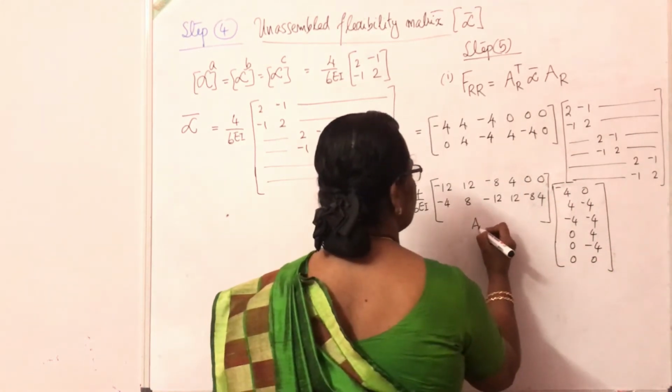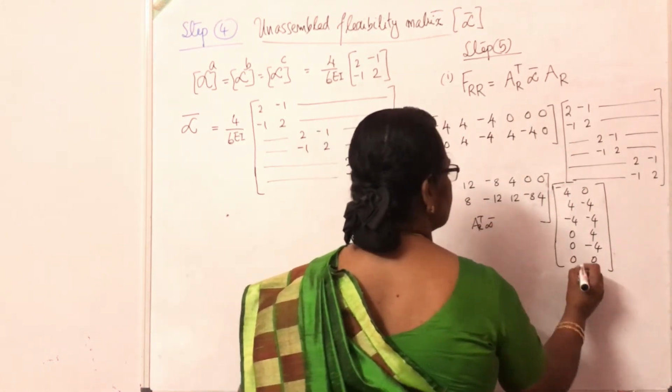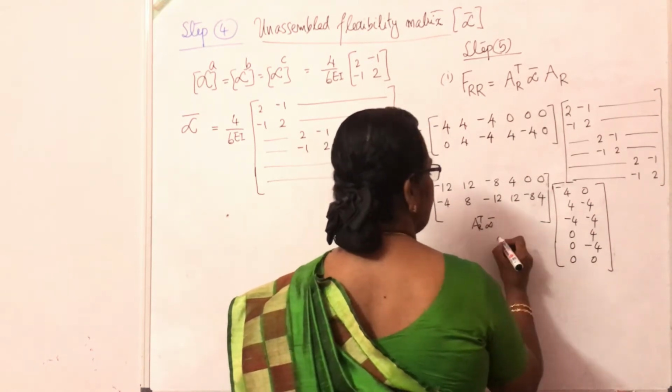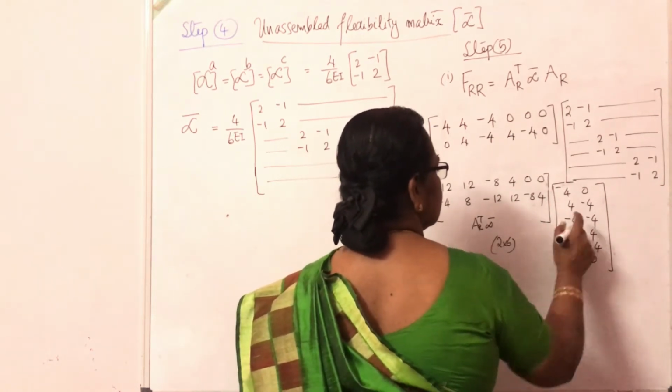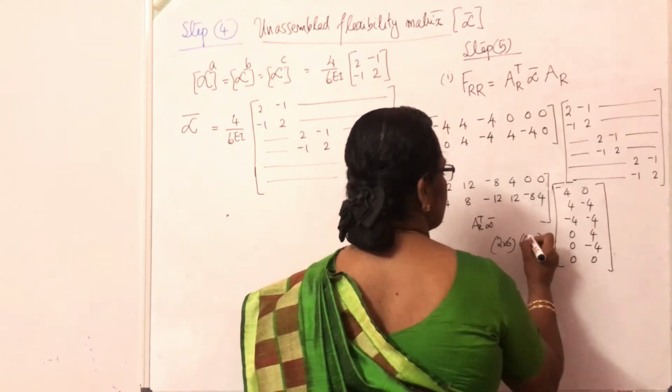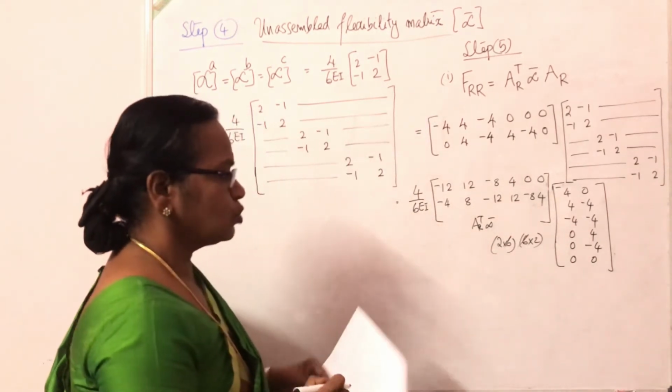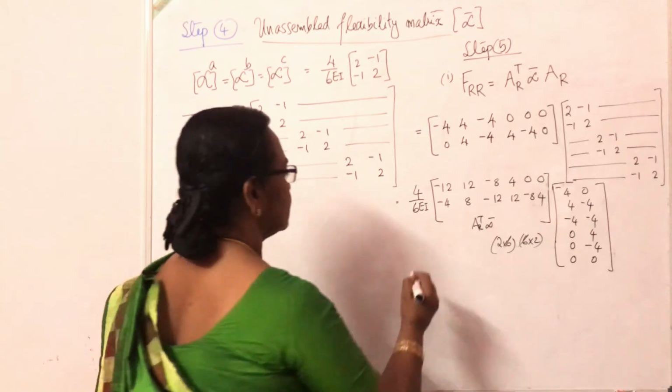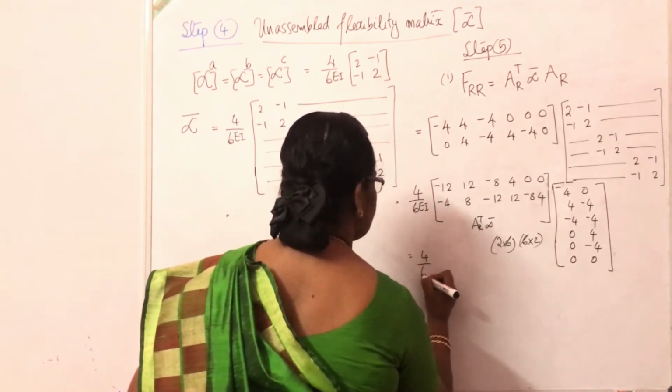This is AR transpose alpha bar. This is AR, so this is a 2 by 6 matrix. This is a 6 by 2 matrix. So the product is going to be a 2 by 2 matrix and the result is 4 by 6 EI,